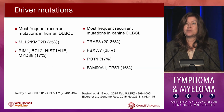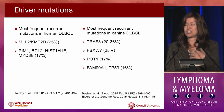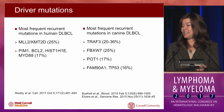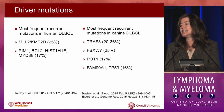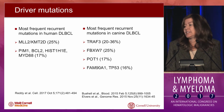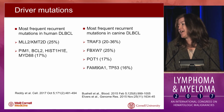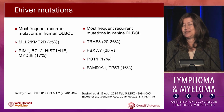And then moving on to driver mutations, are they similar? So it's sort of a recurring theme that you might be hearing now. We've looked at, as you know, human diffuse large B-cell lymphoma has common mutations in genes like KMT2D, which is mutated in up to 25%, and some of the other genes, MYD88, EZH2 that you're familiar with, are mutated frequently, but nothing more than 25% of the time. In dogs, it's a similar story. The genes are mutated up to about 25% of the time, and it's a different set of genes, but they're